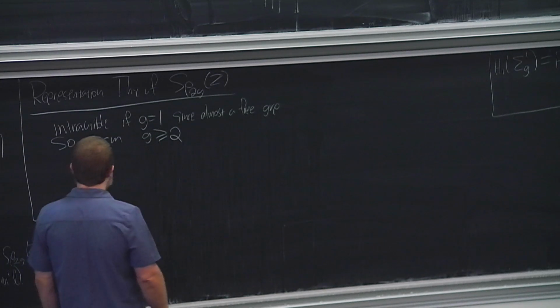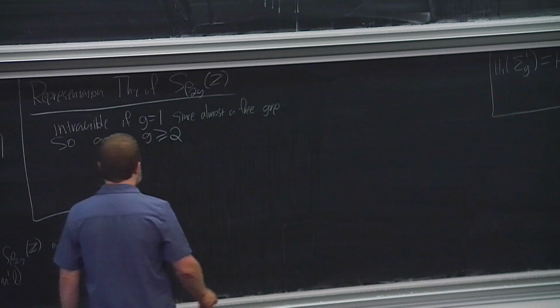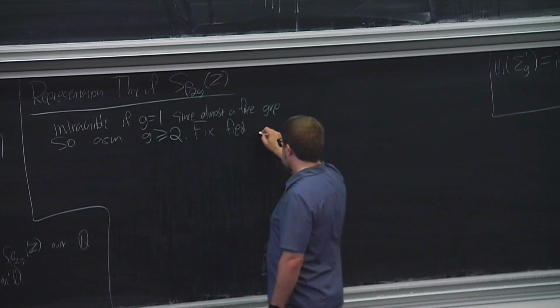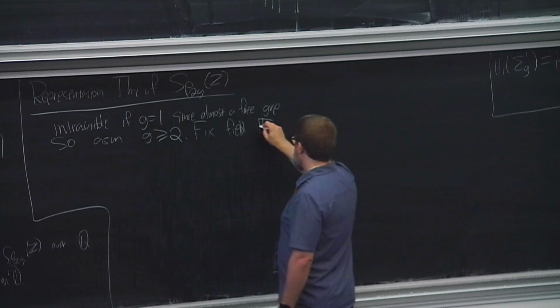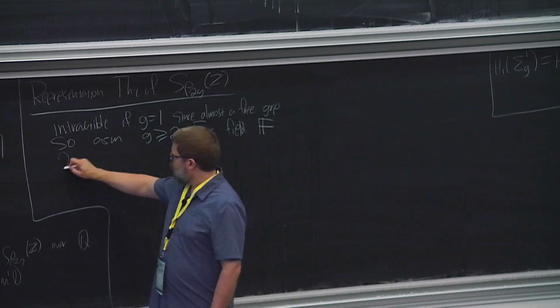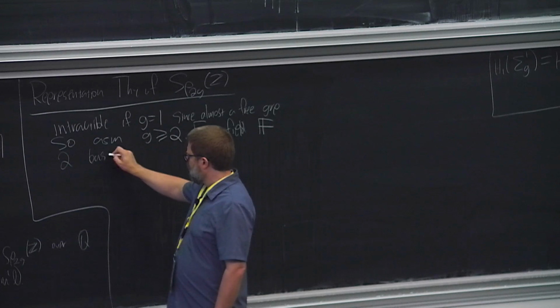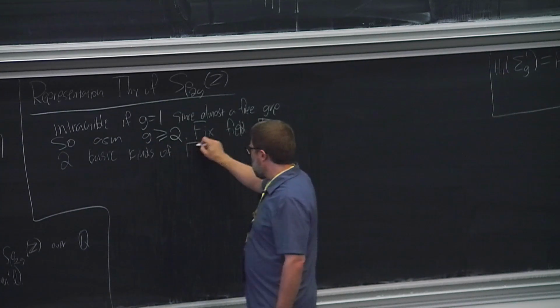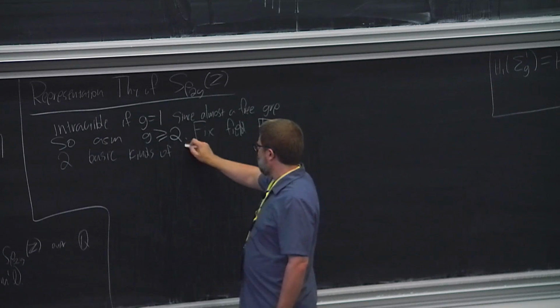Okay, so let's fix a field, which I'll write as F right there. And so there's two basic kinds of F finite dimensional